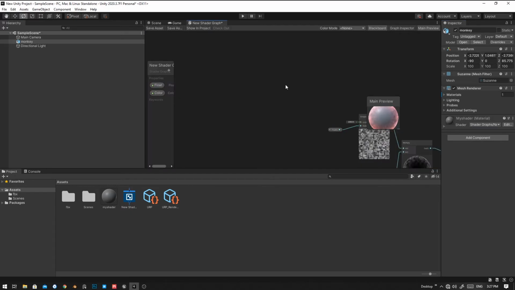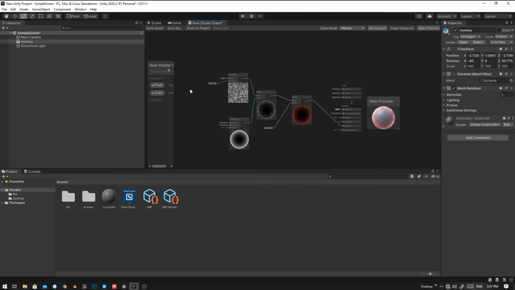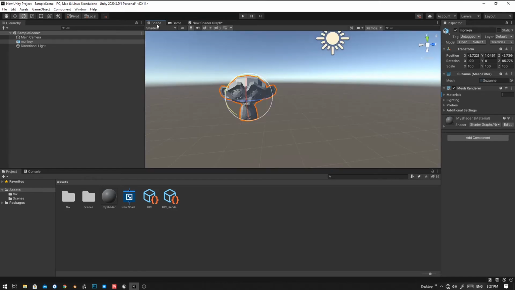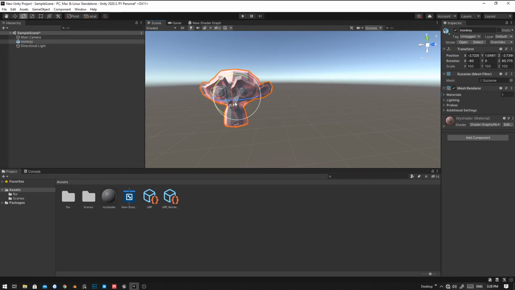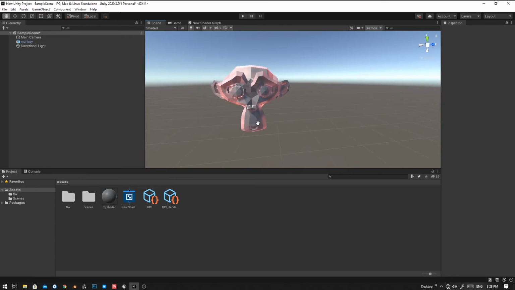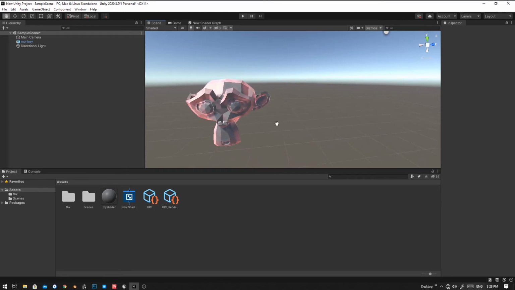The problem is, why it's not showing in the scene is because we forgot to save. Right after creating a node, we need to save it, and click on save asset and go to the scene. We have successfully added a glowing effect to the monkey,